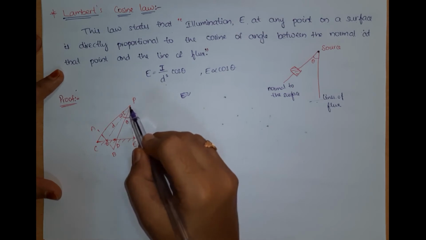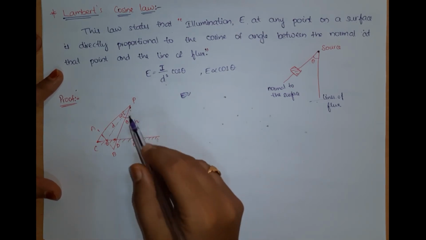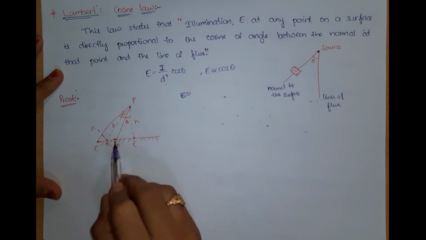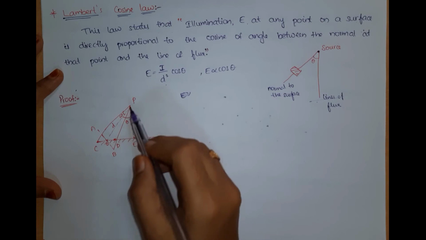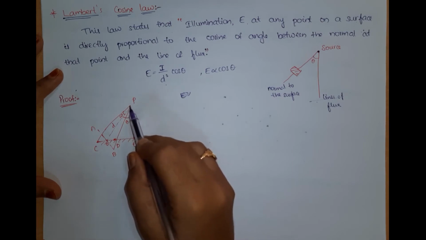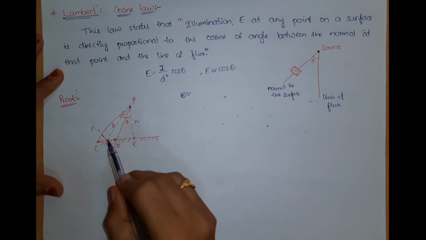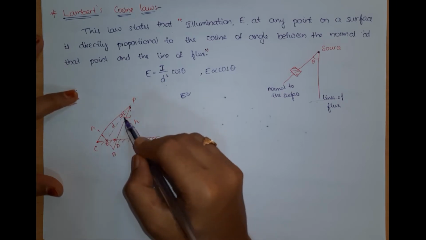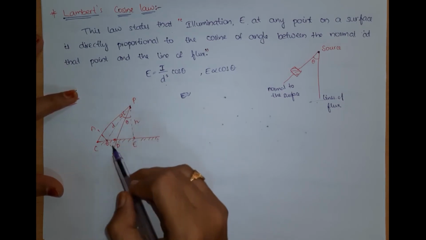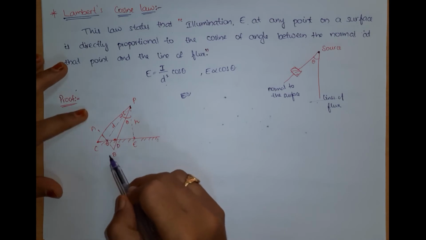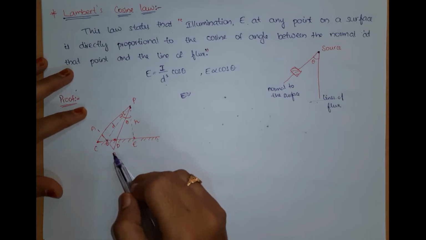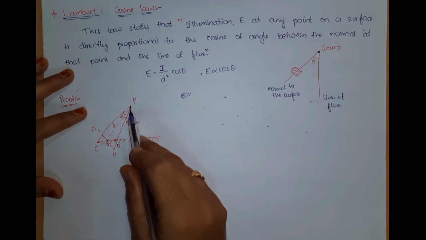Now let P be the point source at a certain height h from the plane containing surface CD. Right, this is a surface CD, and let me consider a point source P here. Now this center point O is the center of the surface CD when it subtends an angle omega from the source. Now what I am doing is tilting this surface CD. Now I have to find out what happens when this surface is inclined at some angle to the source.